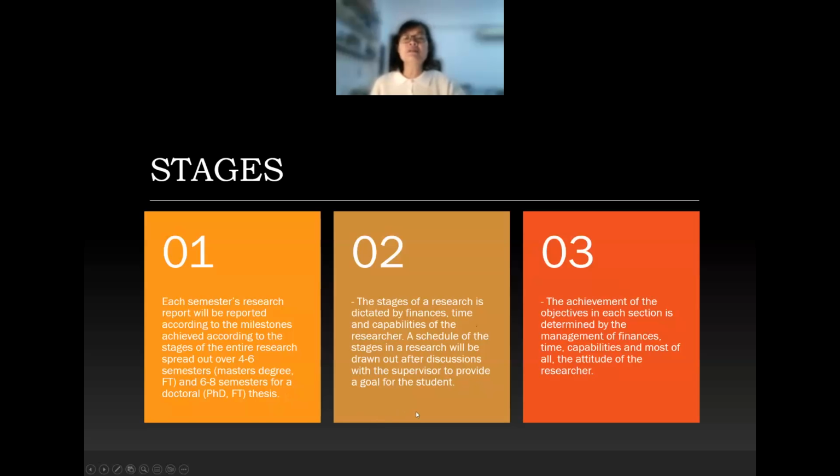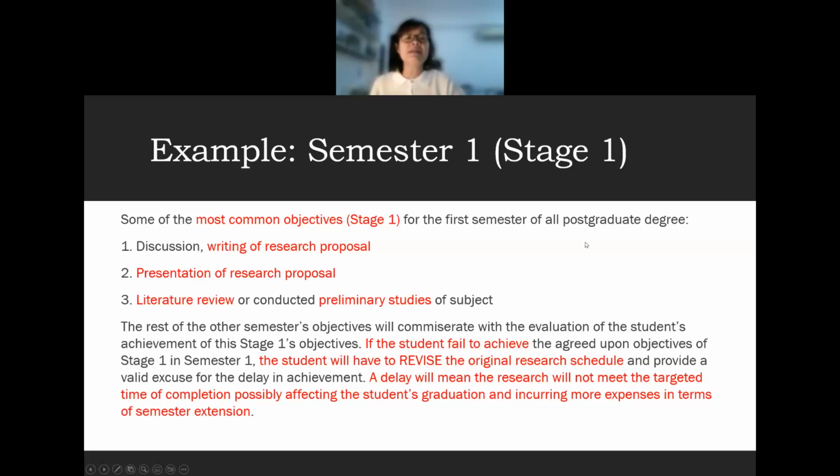Okay, a schedule. You should come up with a schedule and all that. In semester 1, stage 1, normally what do you do? You discuss the research proposal that I talked to you about, and then you have to complete the presentation. Remember I said after this RMC, you discuss your proposal with your supervisor, you give your supervisor drafts of it, they will ask you to correct it, and then there will be a postgraduate colloquium where you have to present your research proposal online if possible. And then you must make sure your literature review has been done and preliminary studies or quantitative studies.